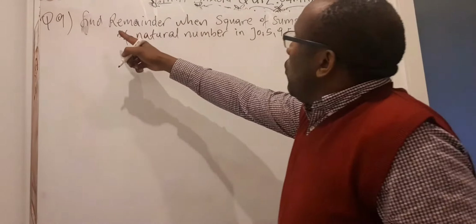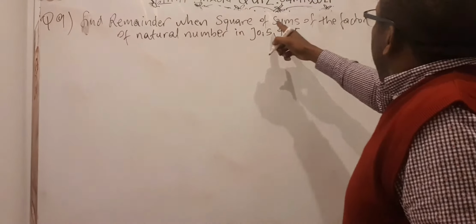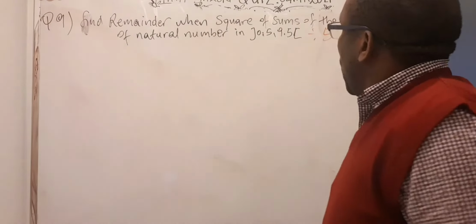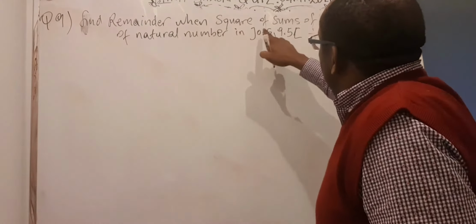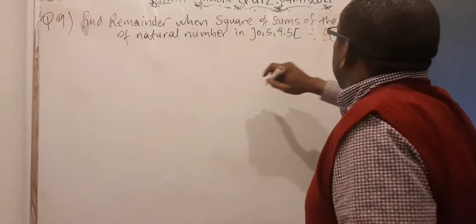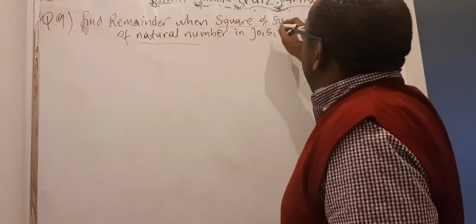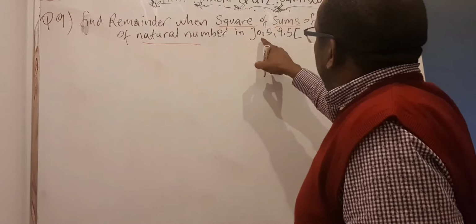Here we are asked to find the remainder when the square of the sums of that is divided by 5. So it has to be the square of the sums of factorials of natural numbers. There are a number of things here: factorial, natural numbers, the square, and sums. So first we have to look for natural numbers in